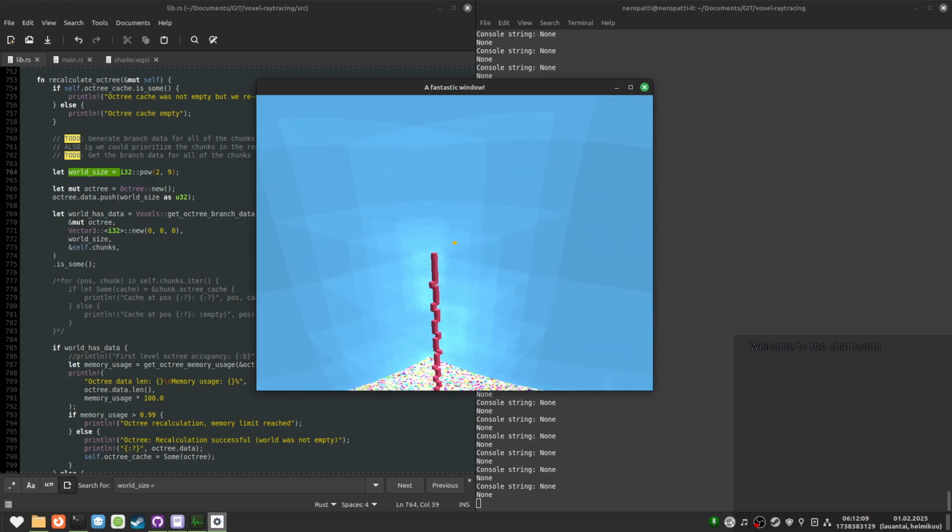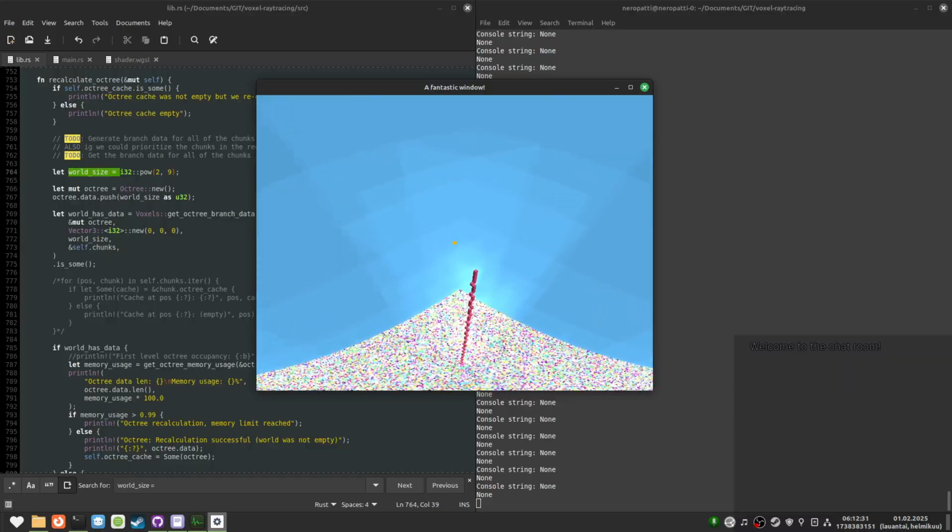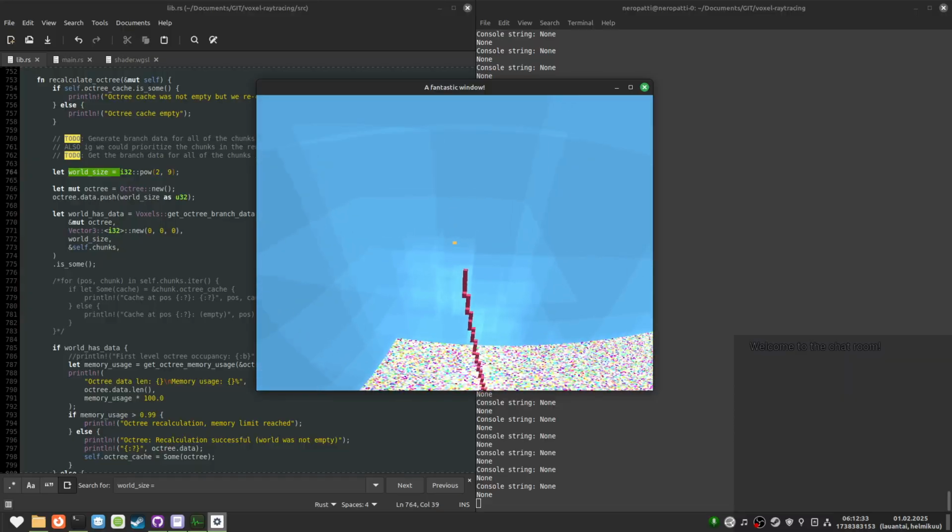These visualize the octree branches. Sometimes the edges are kind of hard to see, but basically this is the octree branches, and you can see where it subdivides the world into further branches.